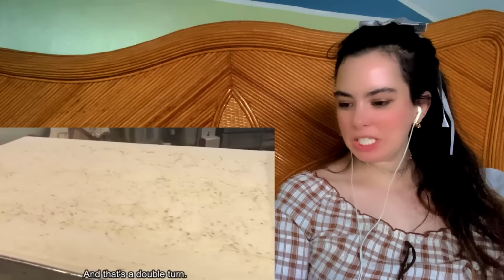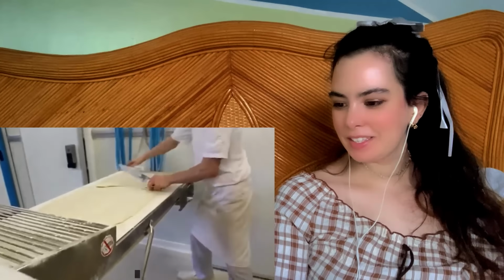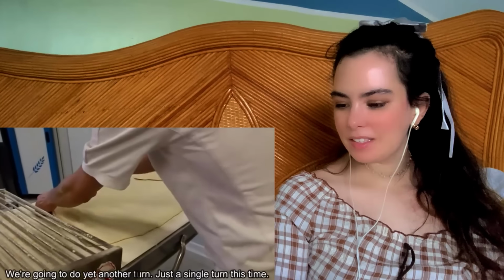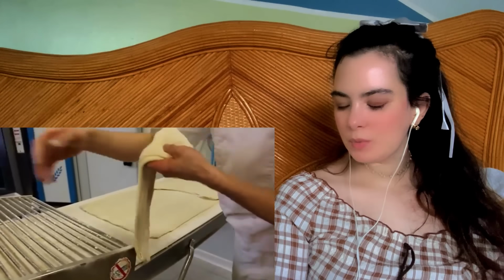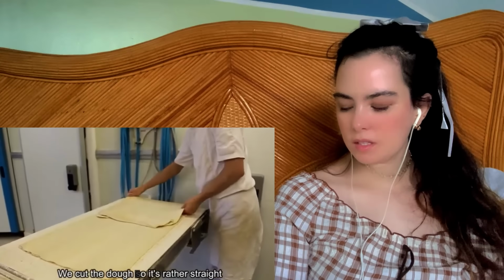I love that it looks like a sheet. Like a bed sheet, just rolled. Là, on va encore refaire un tour, et là, un tour simple cette fois-ci. On coupe la pâte pour que ça soit assez droit, pour qu'on ait une abaisse bien droite. Yeah, wait, for everything to be perfectly-